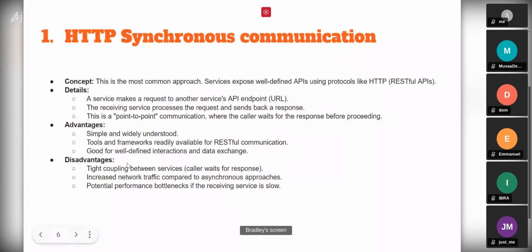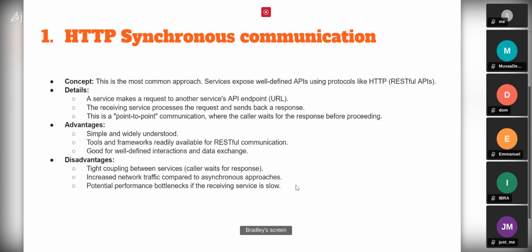So the disadvantage of this is that it is tightly coupled because you have to actually wait for a service to give you a response or to send you something. So you're actually waiting to receive information before you proceed to process it. With increased network traffic, it starts to underperform. And the third thing is potential performance bottlenecks.